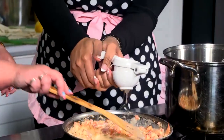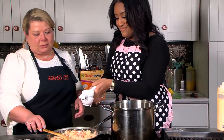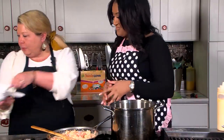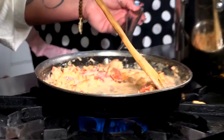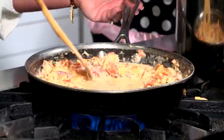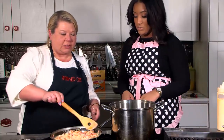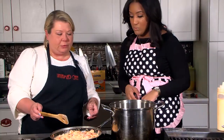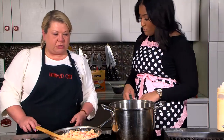Perfect. Oh my gosh. Got that fresh lemon, we've got our garlic, we've got our sauce. Beautiful. Thank you. We're going to cook this for about a minute. When you're cooking it, do you just leave it or do you continue to stir? We're going to leave it until it bubbles. And then all we're going to do is push it around for the last few seconds. And then we're going to turn it off, get it off the heat, push it sideways,